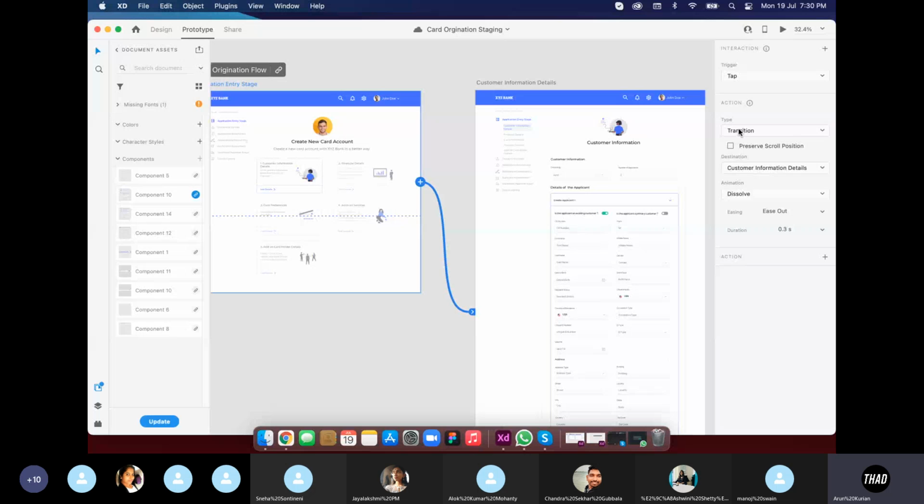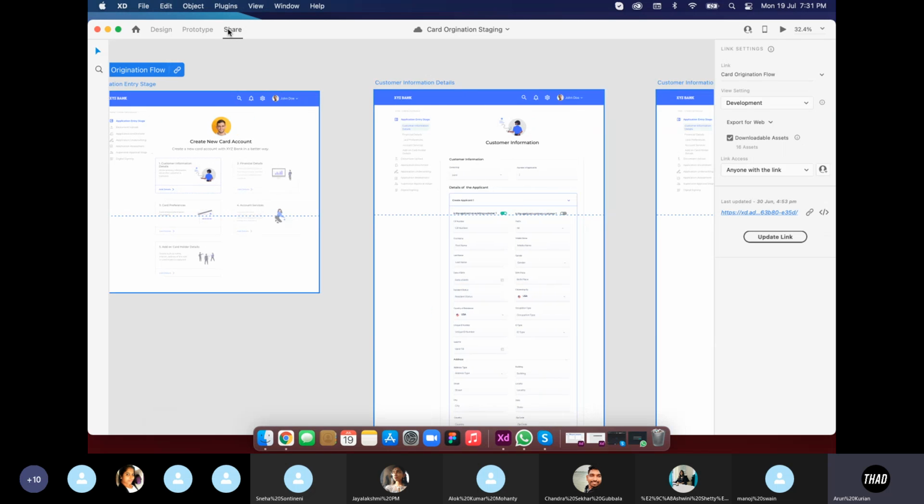I can choose the action type, the transition type. If I want to make a section sticky, I can preserve the scroll position over there. Then I can choose the destination and the animation. These are some actions that you can do in the prototype section of Adobe XD.